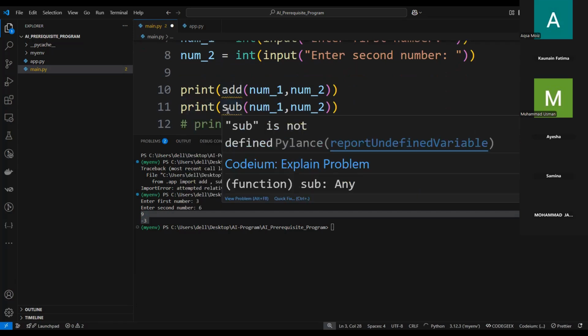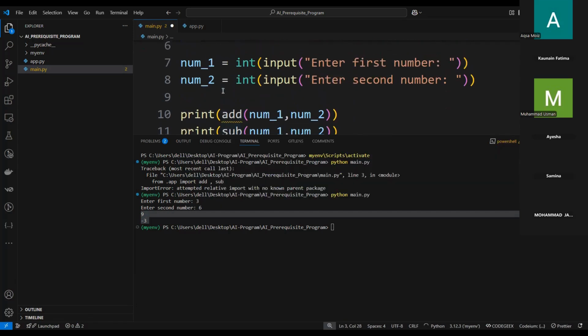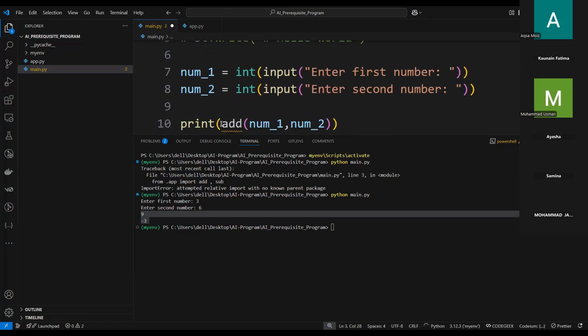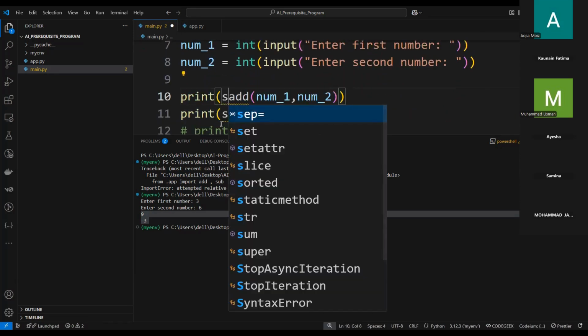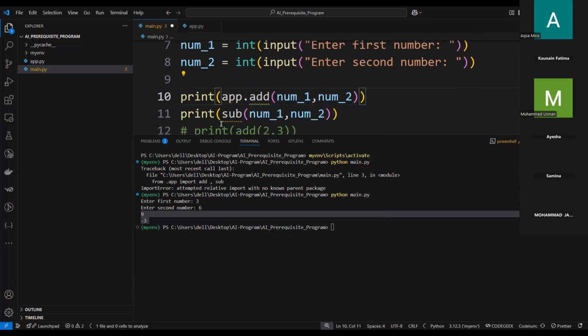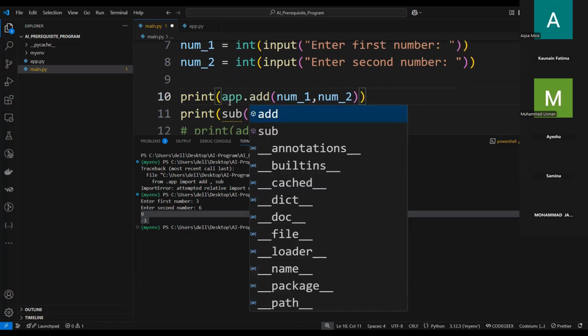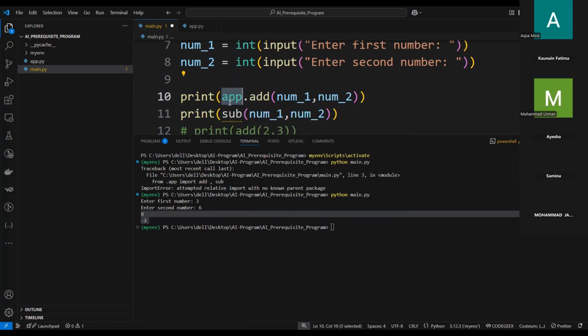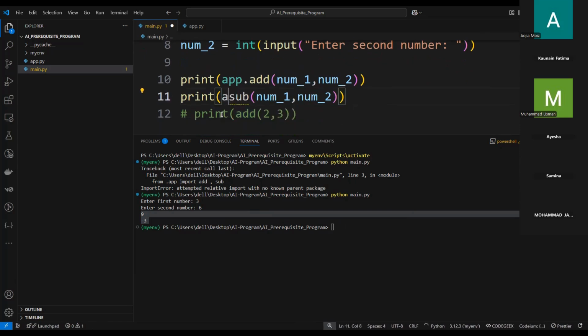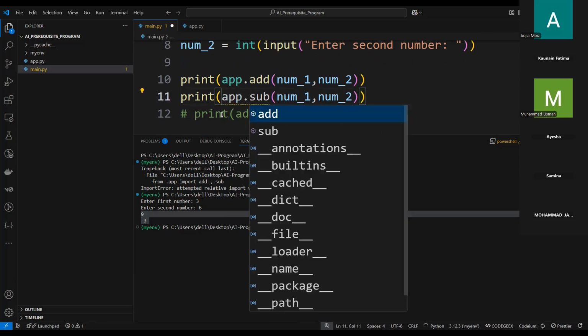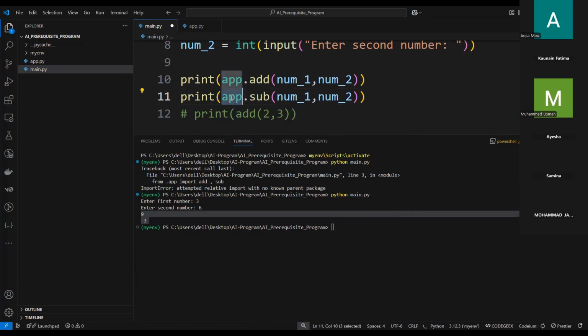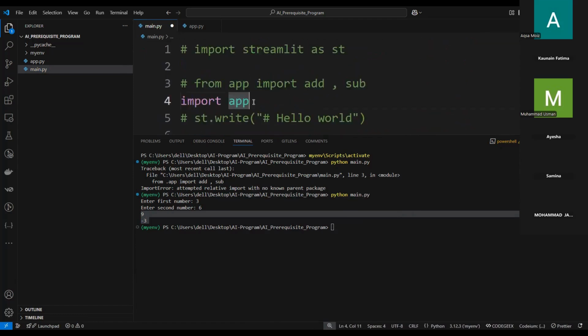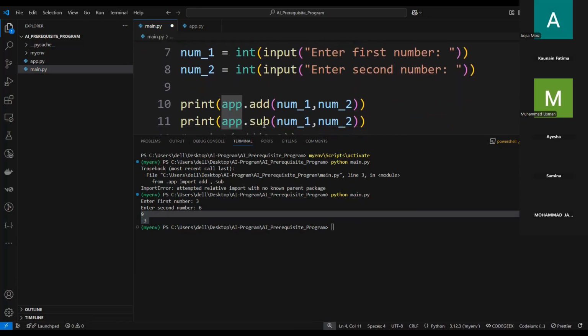नॉट डिफाइंड। सही है, अब इस सिनेरियो में जब पूरी की पूरी फाइल को इंपोर्ट करते हो तो आप क्या लिखते हो? ऐप डॉट। इससे इसको पता चल जाएगा कि ऐप की एक फाइल है जिसके अंदर एक फंक्शन है। सिमिलरली आप यहाँ पे भी ऐप डॉट लिखोगे। तो उसको पता चल जाएगा ऐप की एक फाइल है जो ऑलरेडी इंपोर्ट हुई है, उसके अंदर एक फंक्शन है। ये सेकंड वे है।